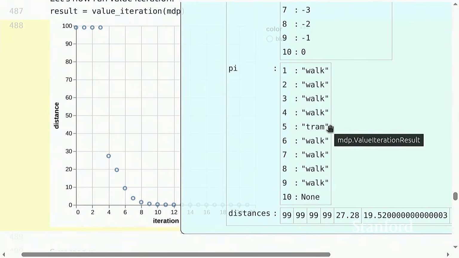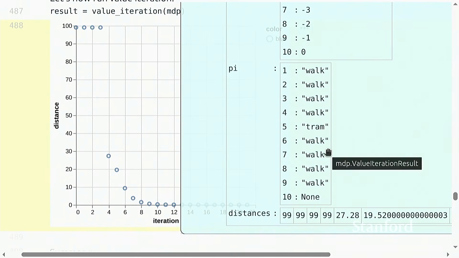Whereas the calculation just works out, so if you're at 5, the best thing to do is to take the tram, to risk it, because you get multiple tries to take the tram, and there's 0.6 probability of having it succeed, which saves a lot of time. So the math works out that this is the optimal thing to do. In general, this should not be necessarily obvious for a given problem. That's why we have these algorithms that can just compute the value for us. Okay, any questions about value iteration?